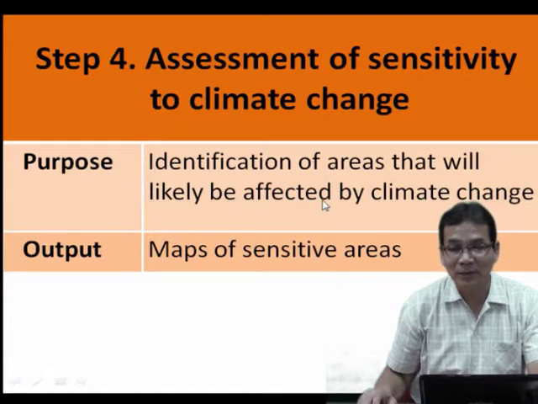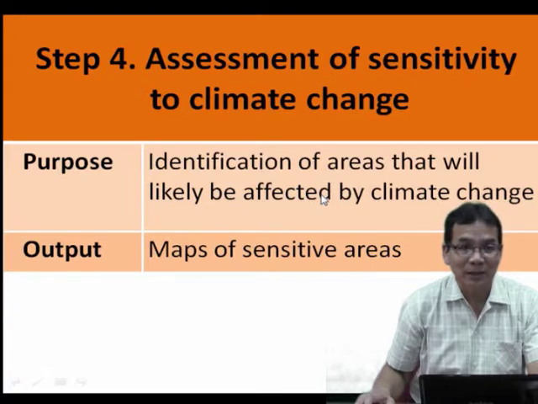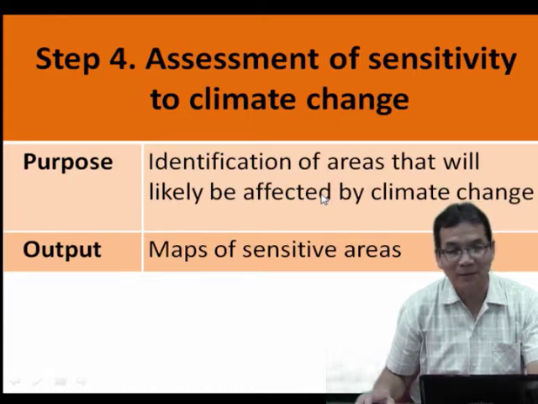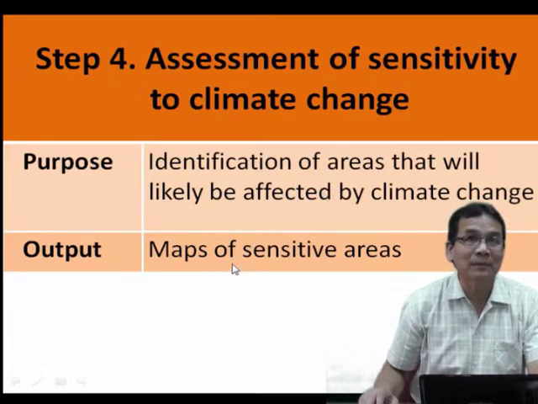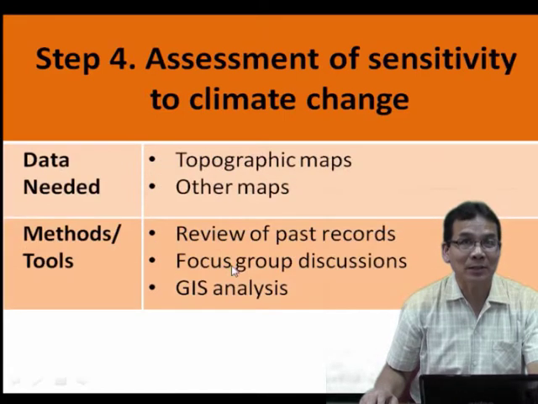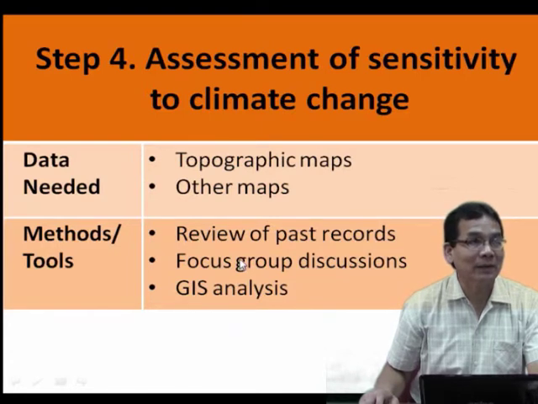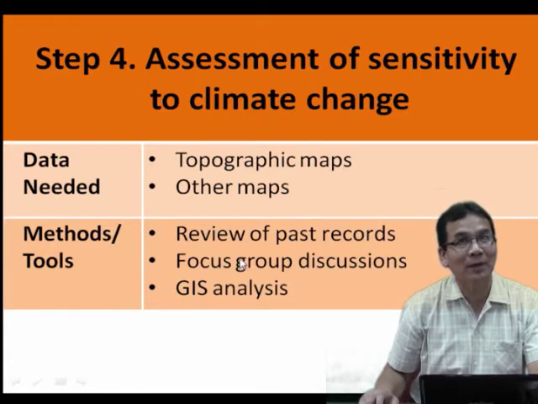If you can recall, sensitivity of an area or of a person to climate change is its responsiveness to the climate stimuli, be it extreme climate events or simply increases in temperature or changes in precipitation. The output of this step are maps of sensitive areas, such as, for instance, crop production areas that will be easily affected by climate change, or communities living in steep slopes or along rivers and